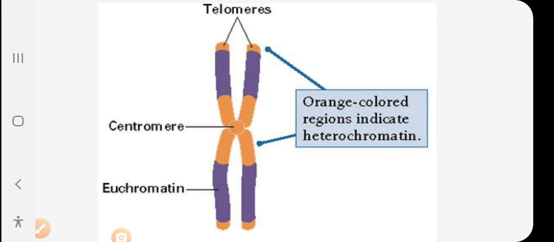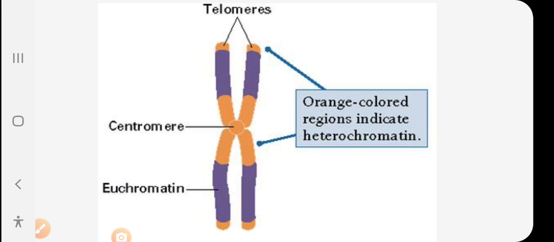Telomeres have a special sequence that codes for an enzyme, the telomerase enzyme. Telomerase enzyme can add the repetitive sequences